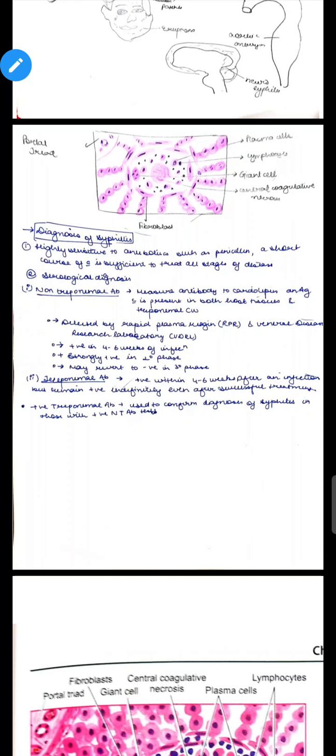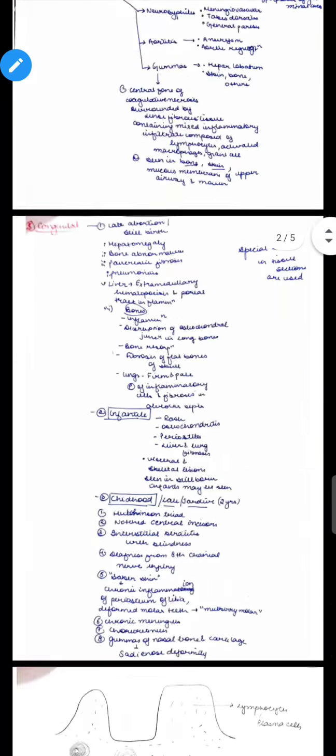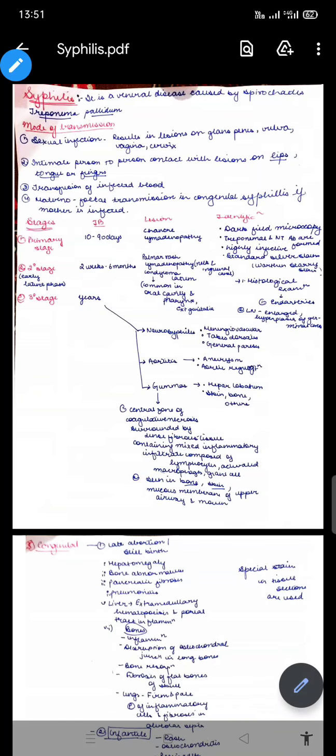Then treponemal antibody is also present. It becomes positive in the initial 4 to 6 weeks, but the difference between a treponemal and a non-treponemal antibody is that the treponemal antibody will always remain positive, that is, positive indefinitely, even after the course of treatment has been successful. So the positive treponemal antibody is used to confirm the diagnosis of syphilis in those with positive non-treponemal antibody. So this covers the syphilis part. Syphilis usually comes as a short note, so you need to write this entire